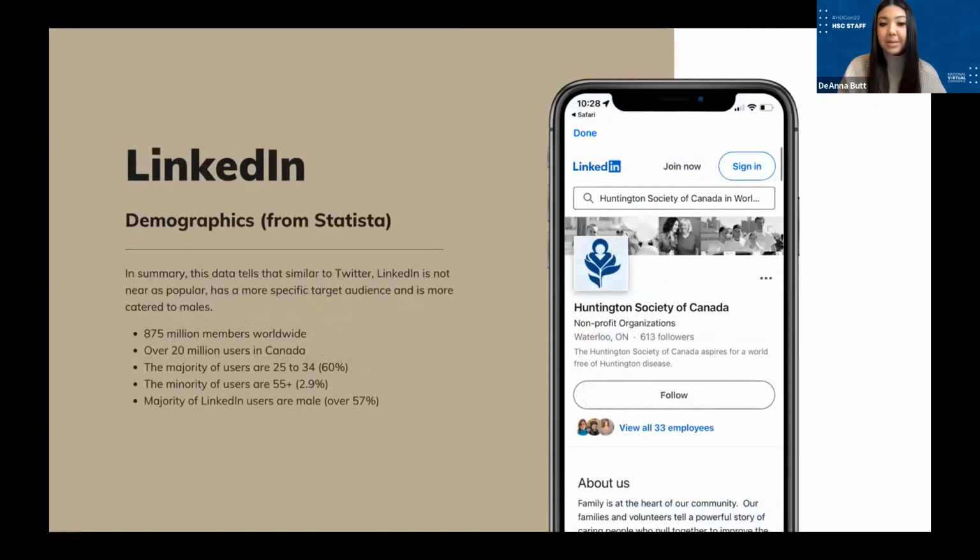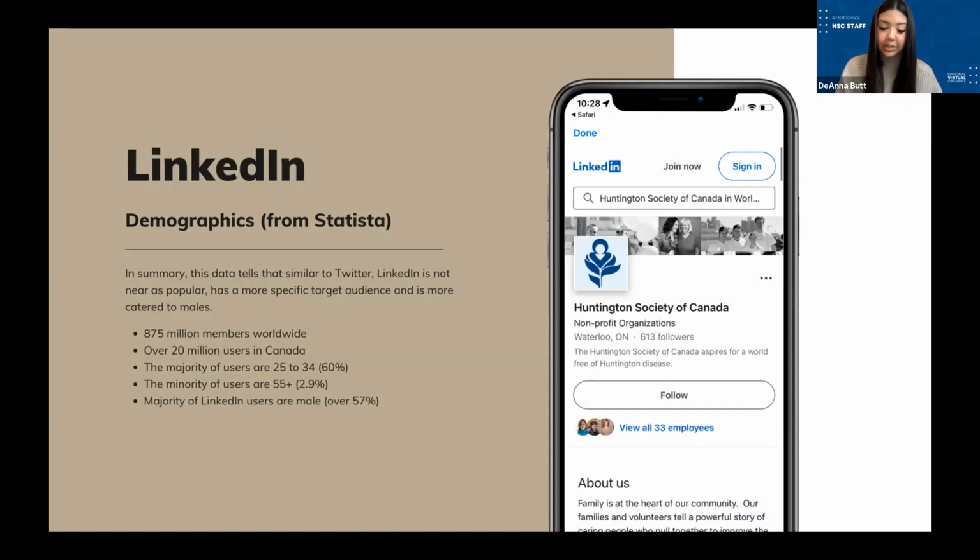So we're going to talk about some demographics here, and this is our last platform that we'll be overseeing right now. There are 875 million members worldwide, over 20 million users in Canada, and the majority of the age group is from 25 to 34 years old, occupying 60%, which is a very large percentage.